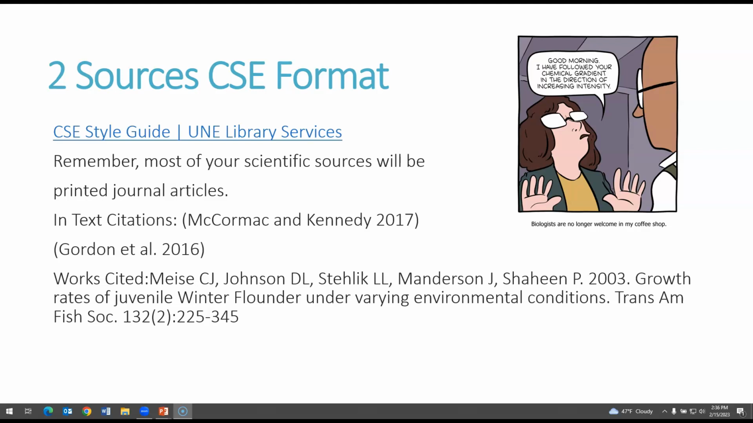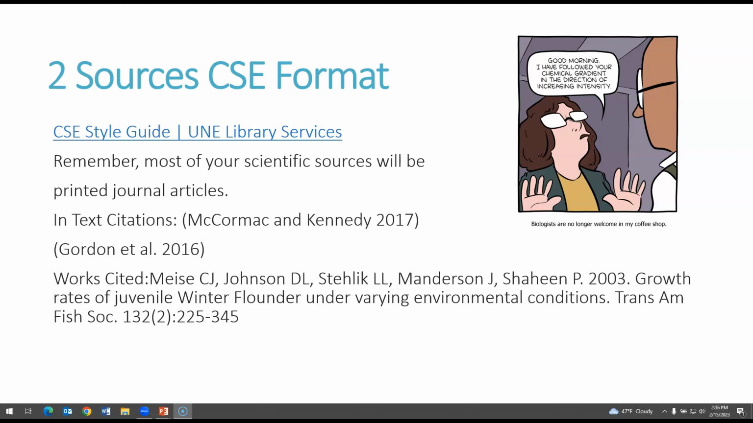So the in-text citation, so if you had a sentence that came from a particular source, you would have an in-text citation, right? So in this case, McCormack and Kennedy, that's 2 authors. It's their last names and then the year. If you had 1 author, it would just be 1 author's name and then the year. And then if you've got more than 2 authors, it is the first author's last name and then et al. and then the year. In your works cited, all right, at the end of the paper, you're going to have your 2 citations,